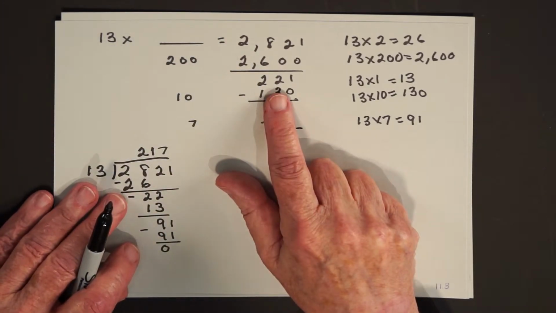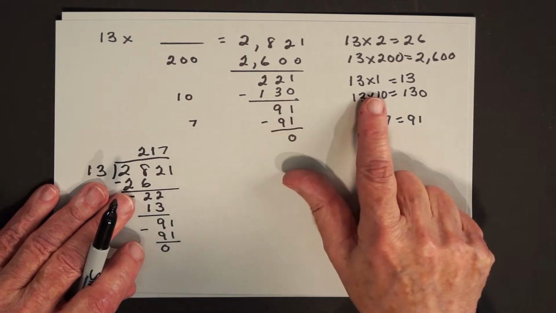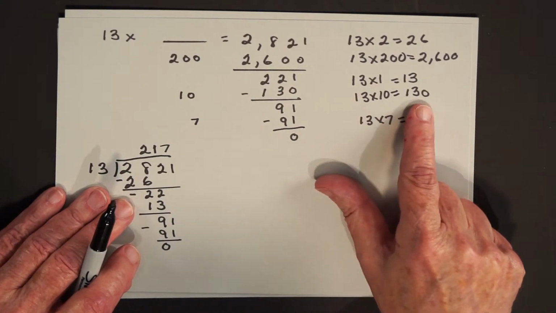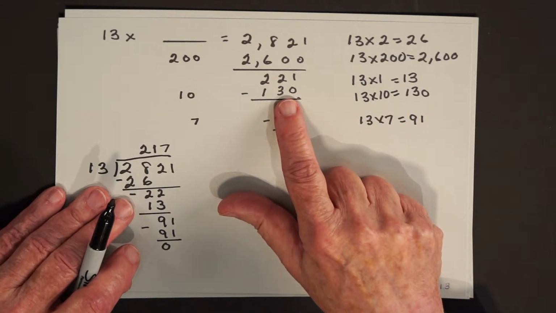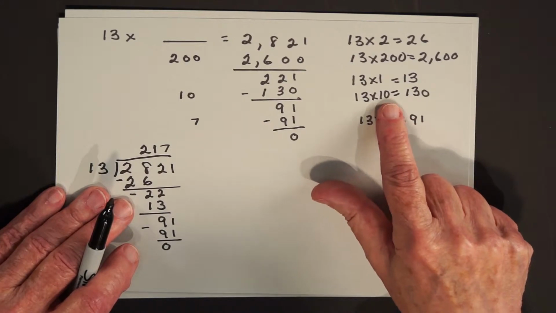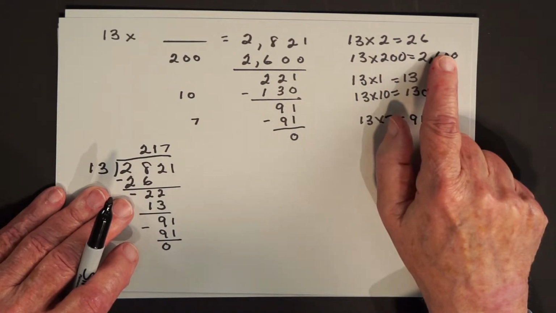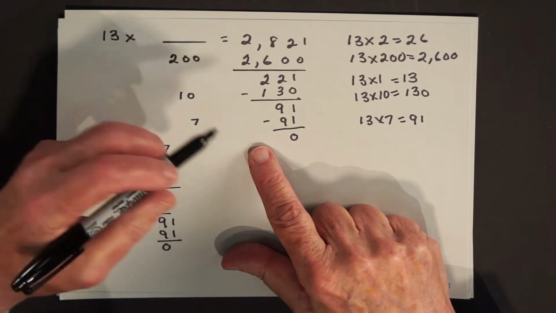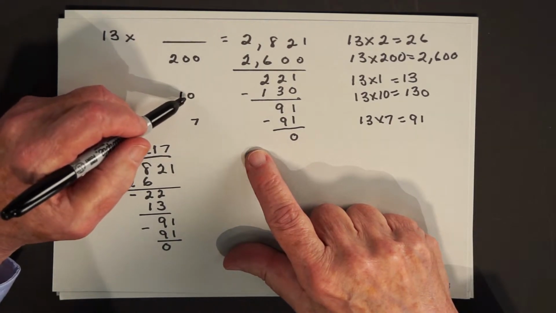Now, from 221, I see that I don't have enough to take out another bundle of 100, because 13 times 100 is 1,300. I have enough to take out a bundle of 10, because since 13 times 1 is 13, 13 times 10 is 130. So that tells me I can take out at least one bundle of 10. I can't take out 2 bundles of 10 because 13 times 2 is 26. That means that 13 times 20 would be 260, and I don't have 260 left. But I can take away 10 more. If I take away 10 more, in other words, I now know I sold at least 210 pens,